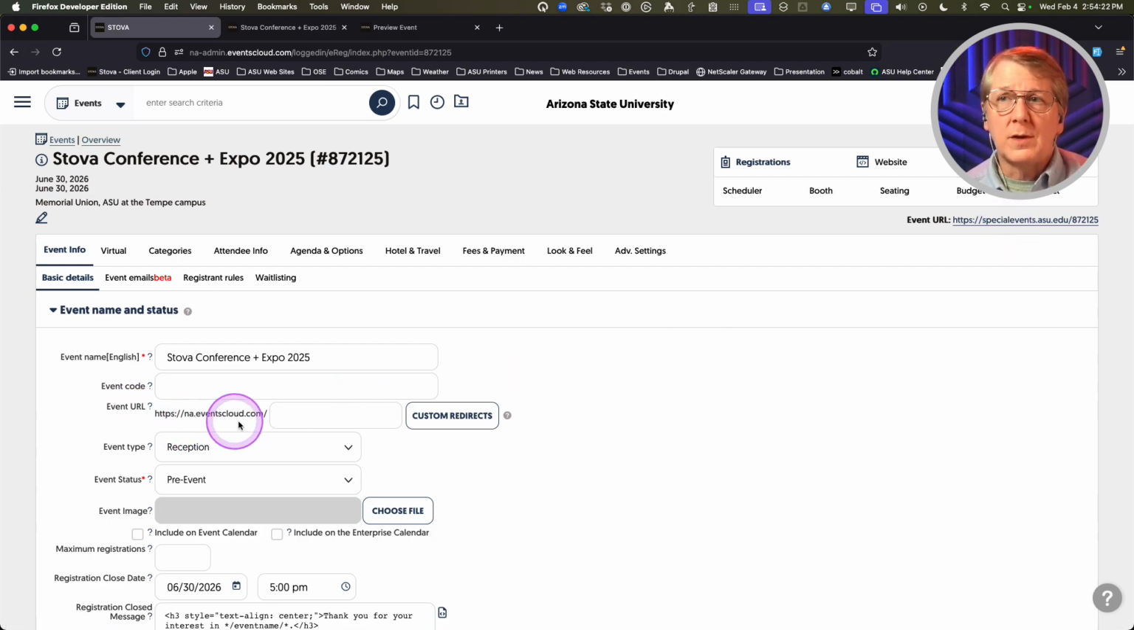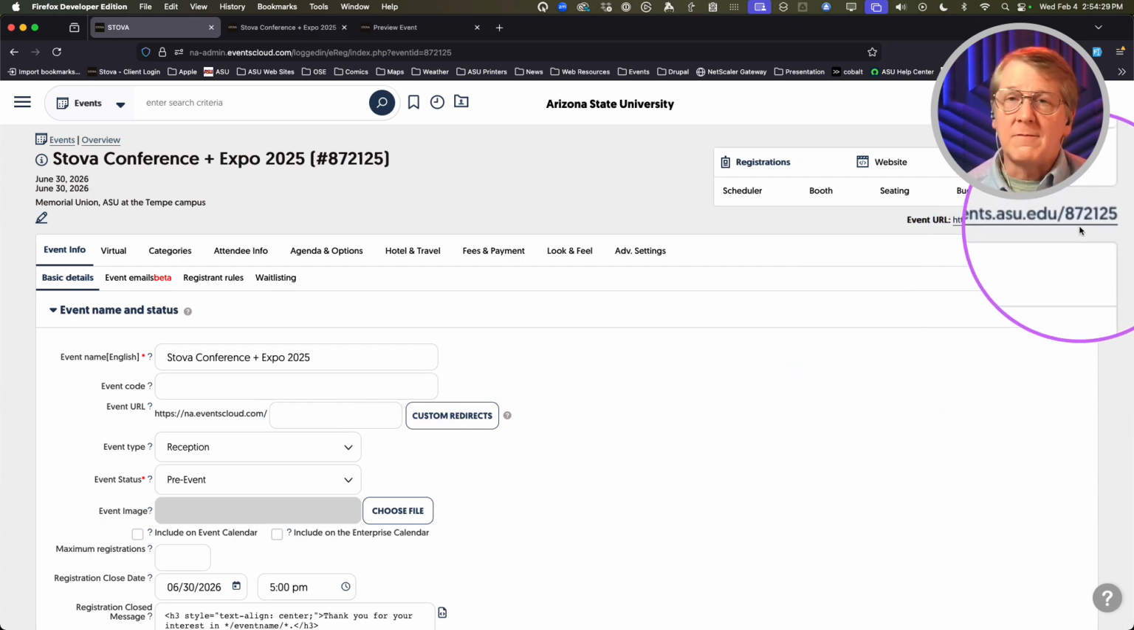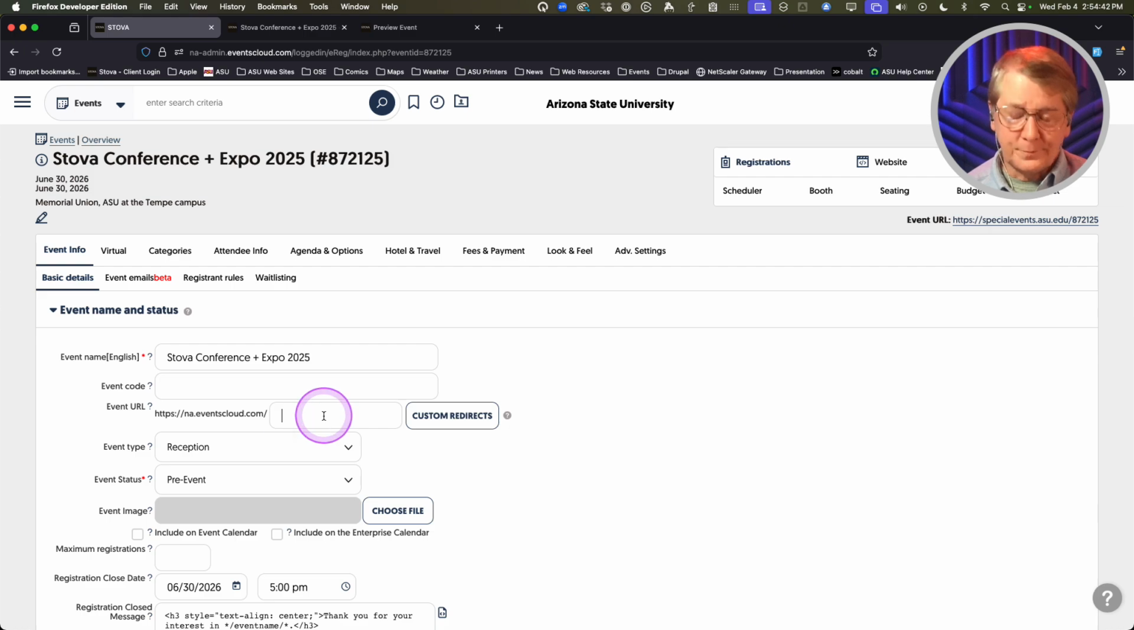But what this event URL allows you to do is, if you would like to, you can change that backend. If you notice, we've got our event number back there as part of our URL. If we want to make something that just looks nicer, we want to use it as a short link and print it on a poster or something, we can create